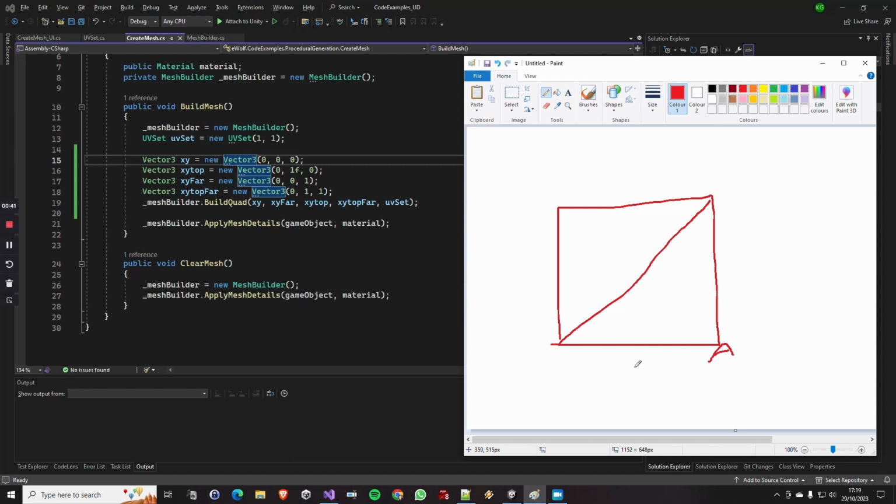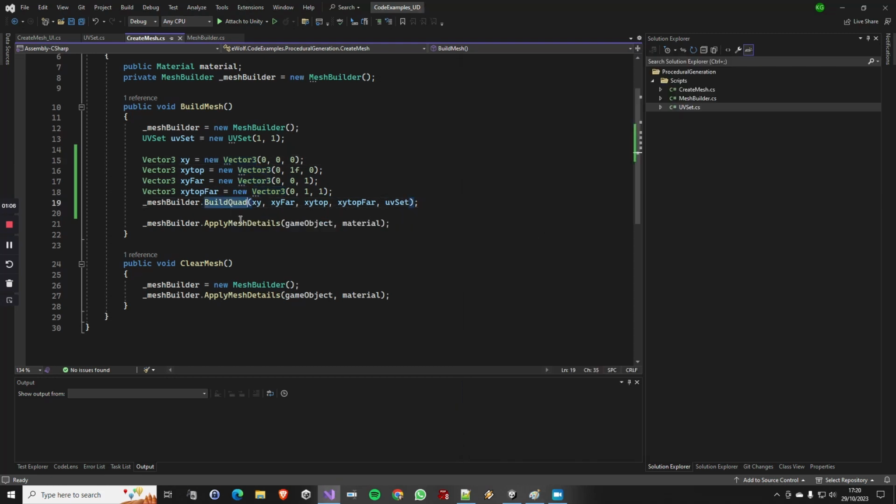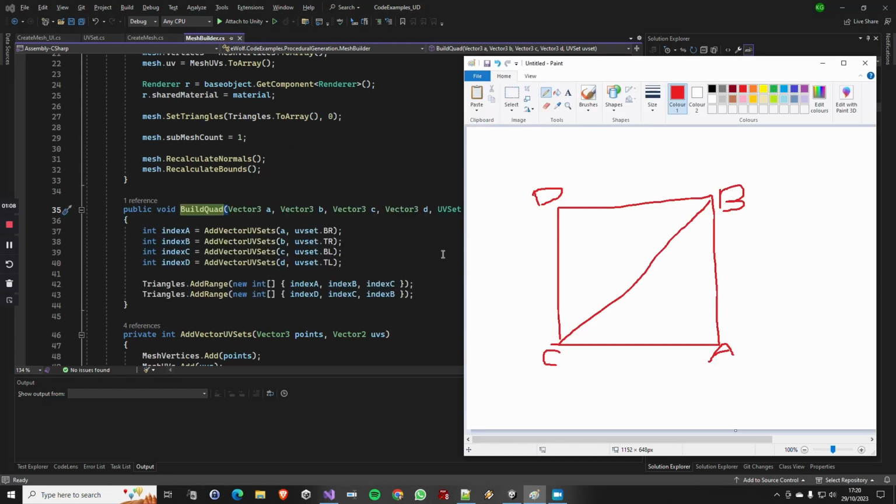We'll label this A, and we're going up 1, which is B, to make the top, and then we're going far, which is from here because it's on 0, 0, 1, and that's going to be C. And then the last one here is up and across, and that's going to be our D value. So the first 3 values are sent over, or actually all 4. So the full quad is being sent over to this BuildQuad, and the BuildQuad is taking A, B, and C,